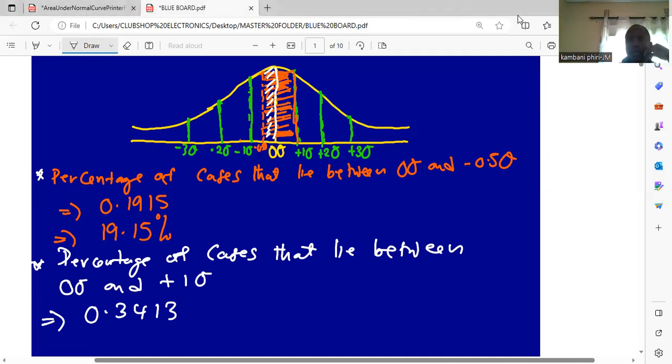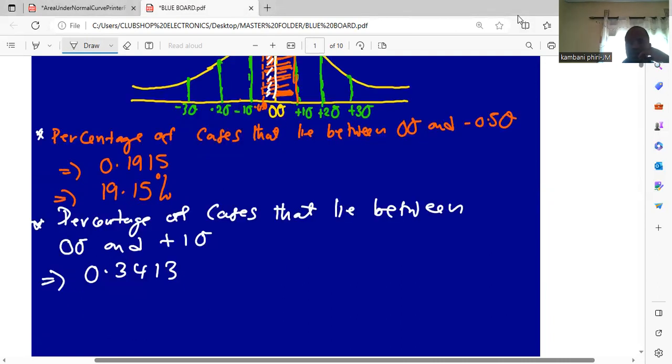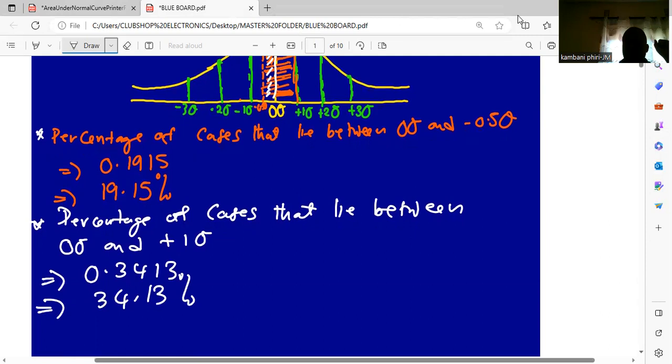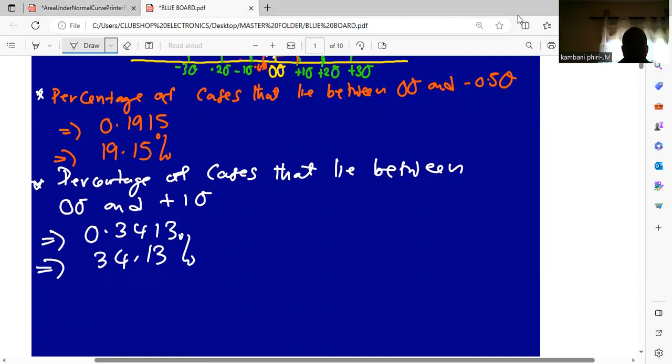As a percent, this is equal to 34.13%. So now, to get a percentage of cases that lies between negative 0.5 sigma and positive 1 sigma, we are going to add, all right? So now, we are saying